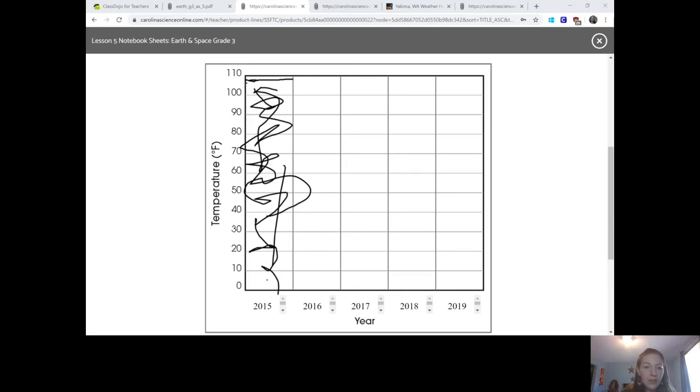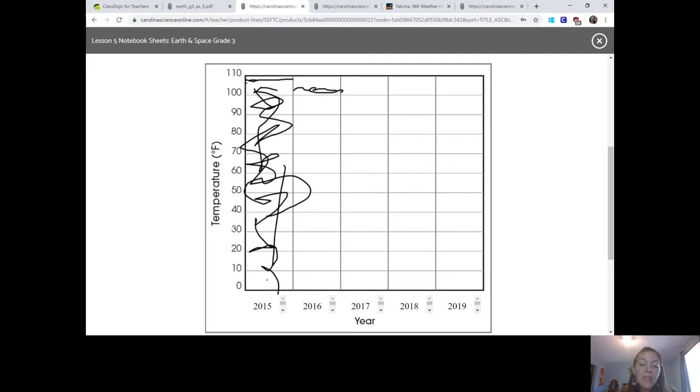All right, so I go back to the other side and I look for the high for 2016. So June 2016, the high is 103 degrees, which is slightly cooler than my last one. So I pop back over to here. I know again all the way up to 100, but it's not quite halfway, right? 105 would be right in the middle. So I'm going to go just a little past 100. Try to make it straight if you can. It's a lot easier when you're not using a digital thing. I'm not going to fill it in this time, but there would be about 103. So we have 107, 103. It does really help to write the number there as well.